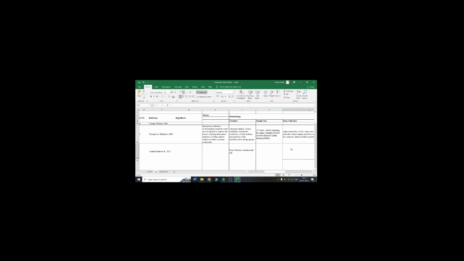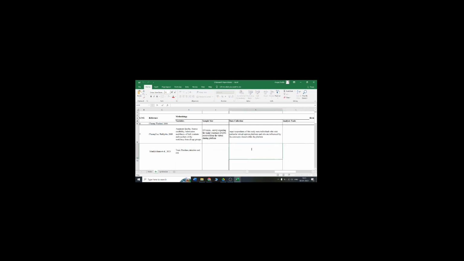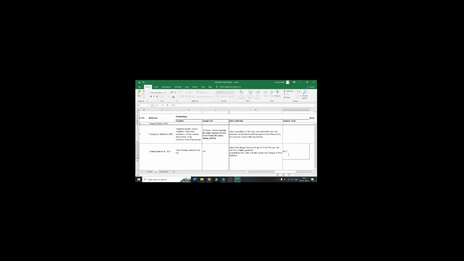This is their sample. So you need to do a little bit up and down. They got 400, out of which 350 were valid, 350 responses. That is the sample size. How have they analyzed the data? See, they have adopted the scale. So always I will recommend borrowing the scales from the previous paper. They have used PLS-SEM using Smart PLS. So you will have an idea, at least the nomenclature, what are the things which are there.